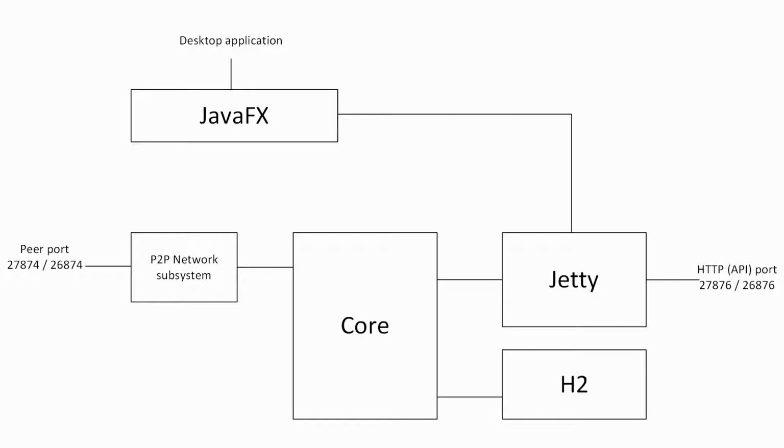Let me take a step back and talk a bit more about the architecture of the software. As I've said, the single application packs all the different features and components, as you can see here. From the core itself, I want to highlight a few key components. We use H2 to store the SQL database built from the data on the blockchain. It provides a structured and easy access mechanism for queries.